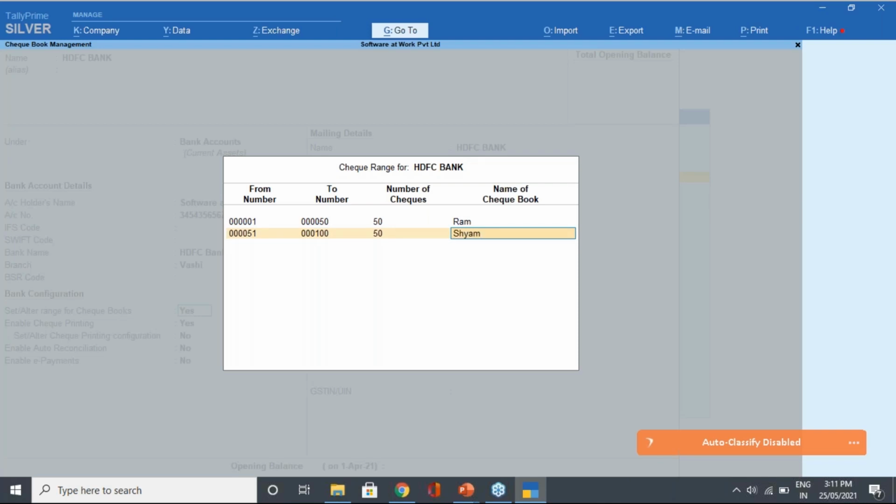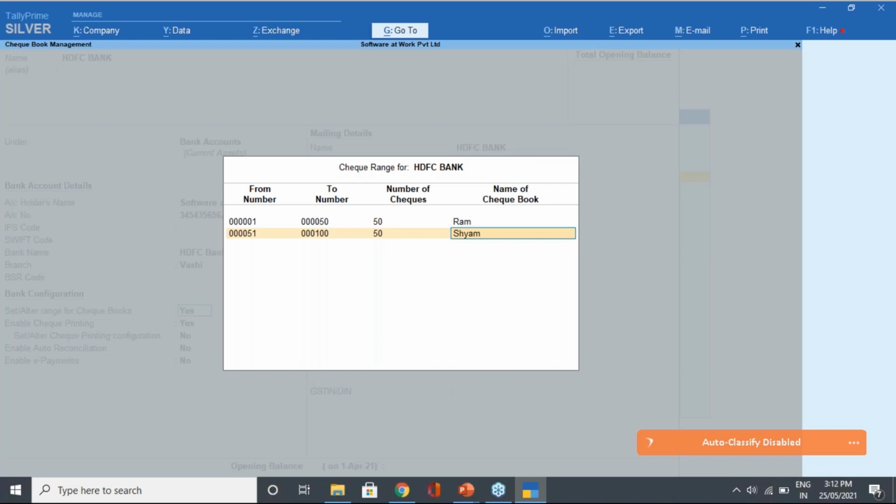Whenever these people give the check, you will come to know who is handling that check. It's very important to know who is handling the check leaves. Suppose there are four or five different people in a bank handling different checkbooks. We'll come to know who is the key responsible person for giving the particular checkbook. So here is the trick, or here's a method.